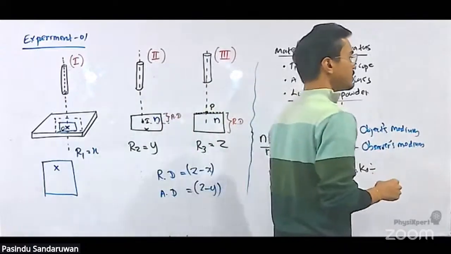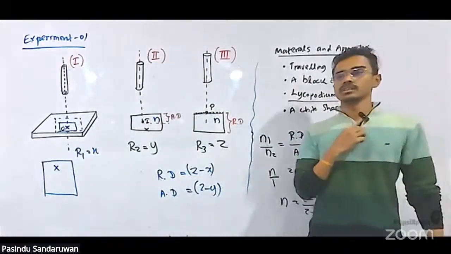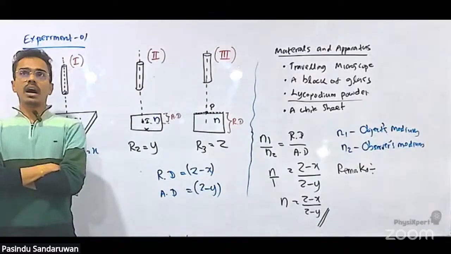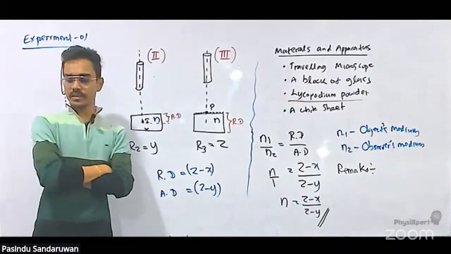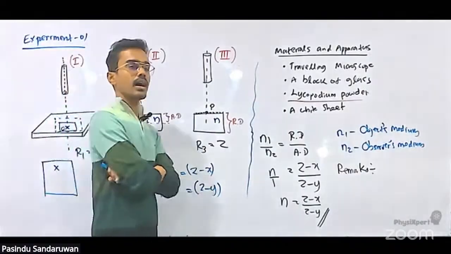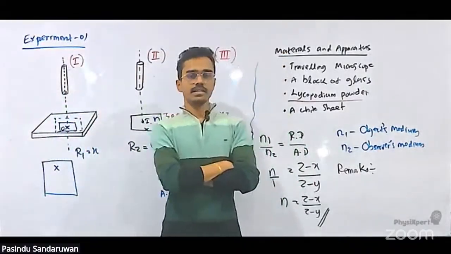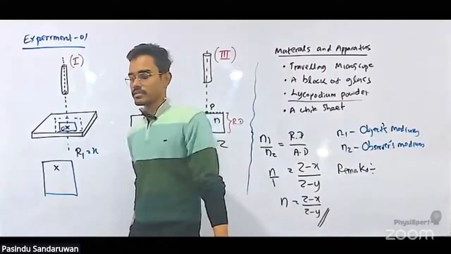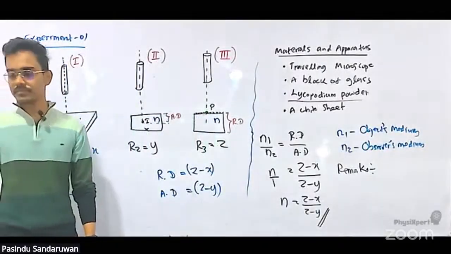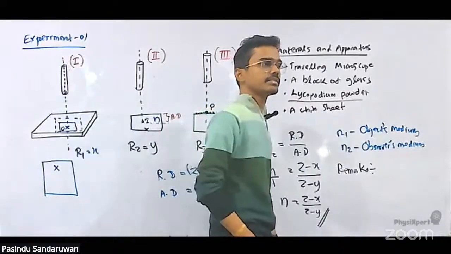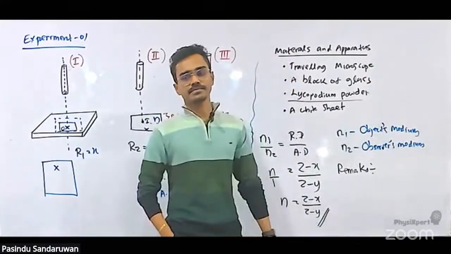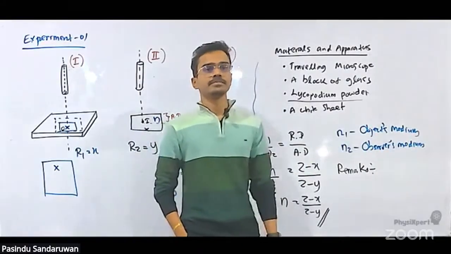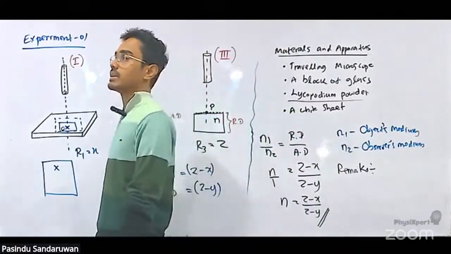Next point. Adjust the eyepiece of the microscope by keeping a white sheet in front of the objective piece